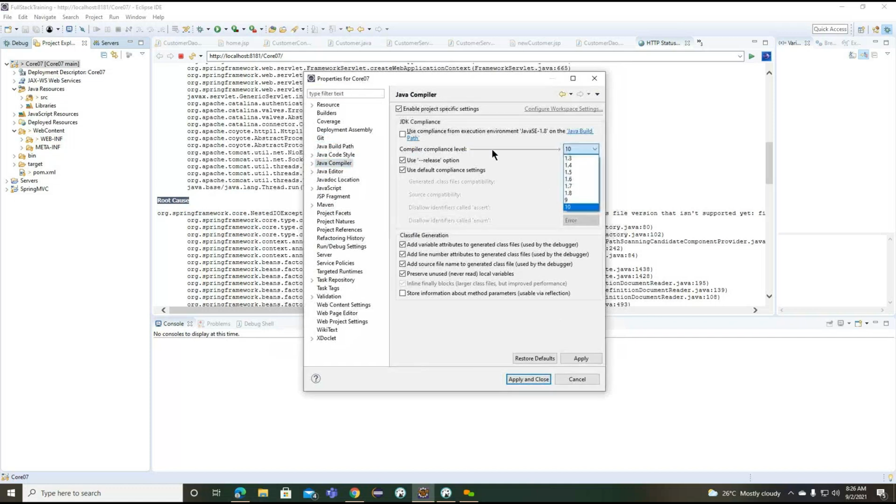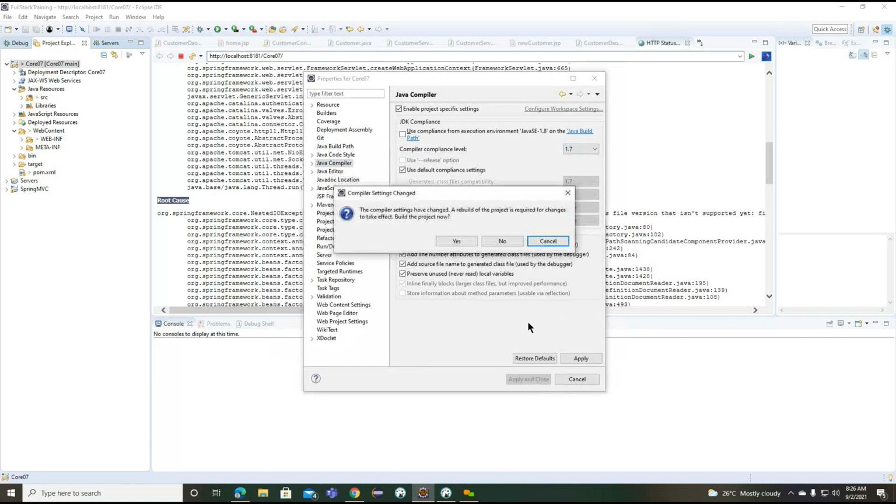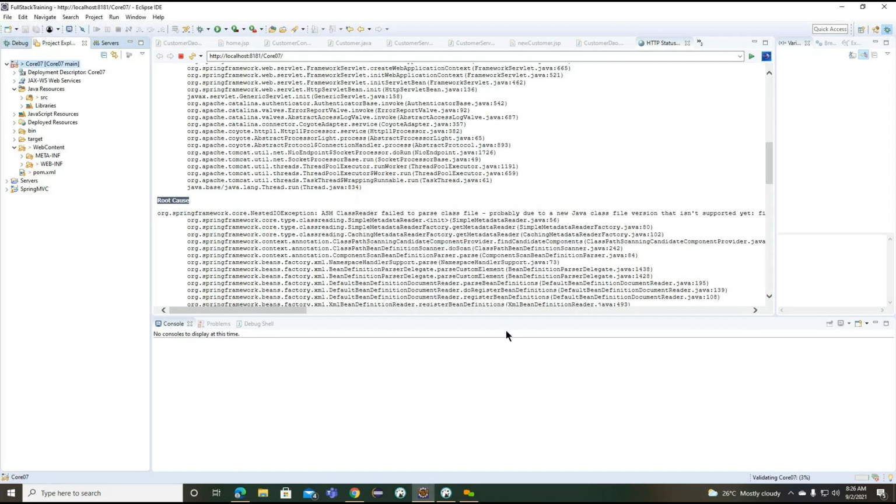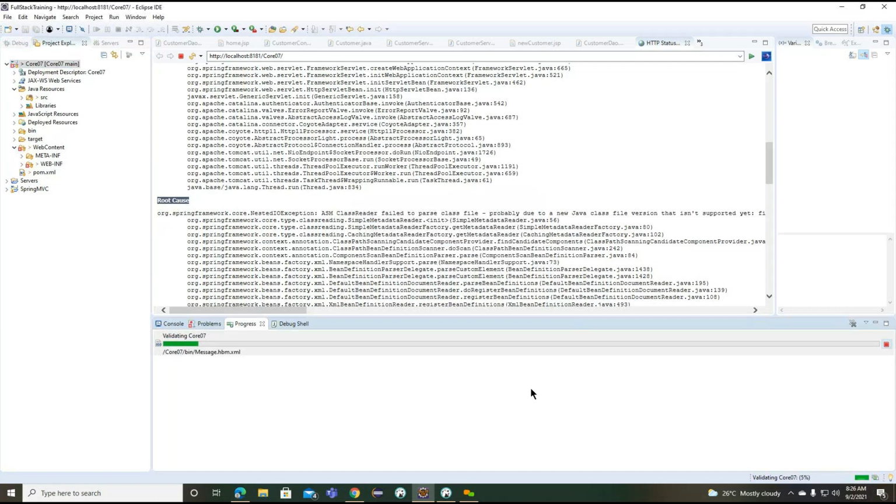Let's see whether we are having an option to change here. So the login page we provided correct only. So once this particular validation is completed, we'll try to run one more time.